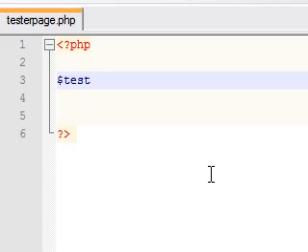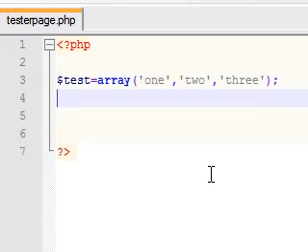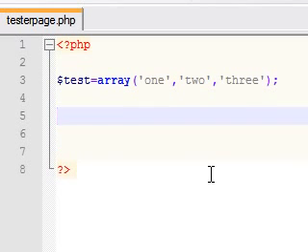So first of all, let me just create a basic array, and you can do this either of two ways. I'm going to use the first one we learned about, so I'm going to just say 1, 2, and 3. And now we have 3 elements in our array, and I'm using strings of text, but you can use numbers if you want. And the last time we used just a basic for loop,